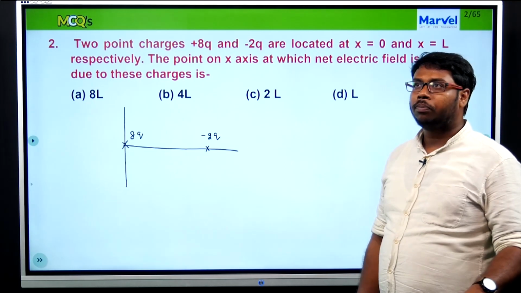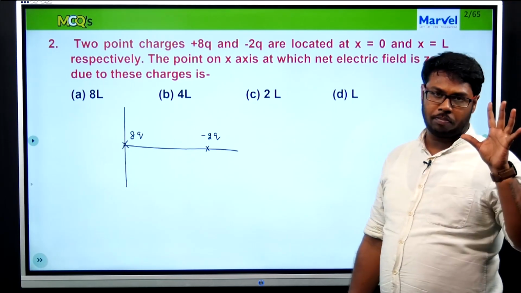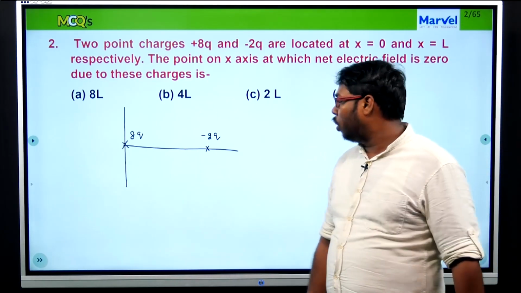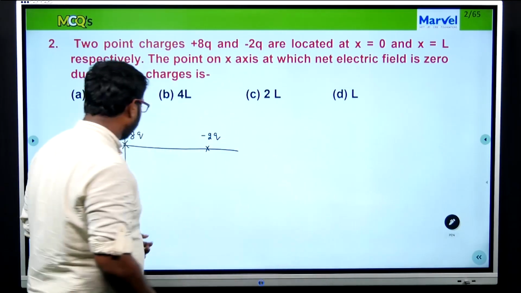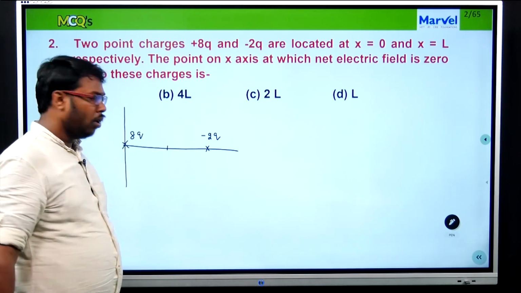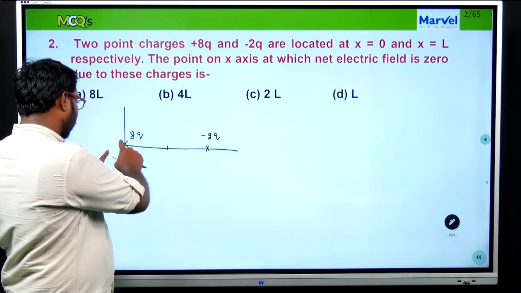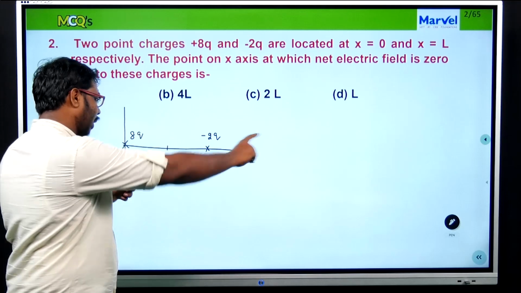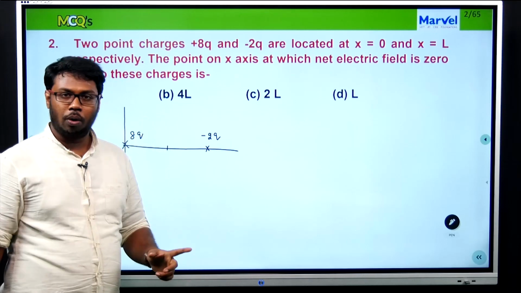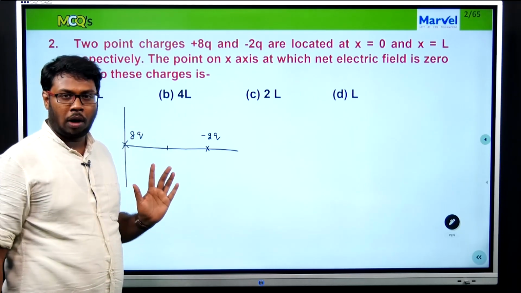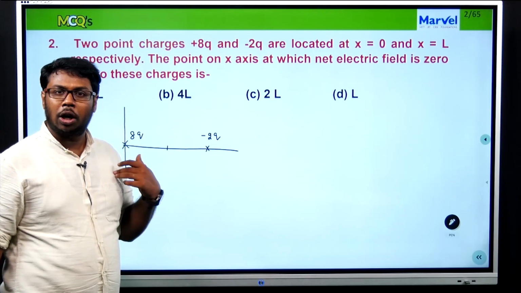Okay. Then the next question is, which position will possibly be your answer? Will it be in between 8q and minus 2q? Do you think so? Let's assume that we put a positive test charge in here. What happens? This positive test charge will get repelled by this charge and attracted by this one. Definitely the net force will not go to 0 at the center, not only at the center but anywhere in between these two charges. I am sure about that.